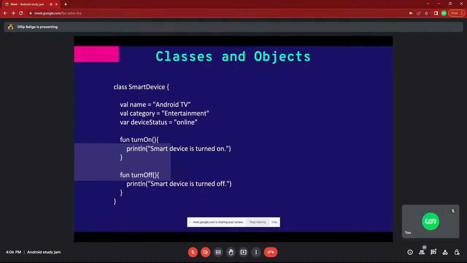For example, I want to create one school structure: class School, and the school has properties like number of students and number of departments. The methods are getting the student count and calculating the student count. Basically, a class is a combination of properties and methods, totally encapsulated.